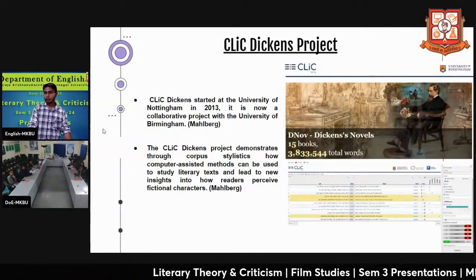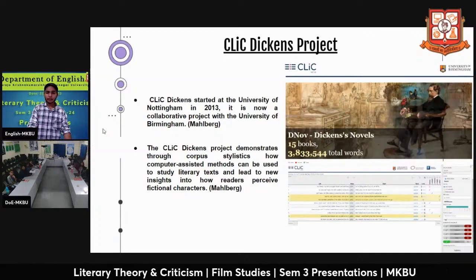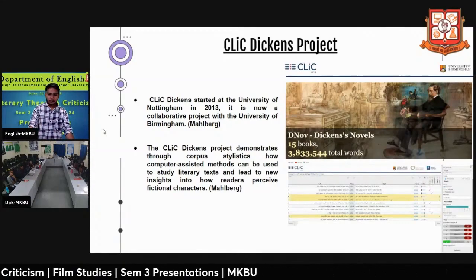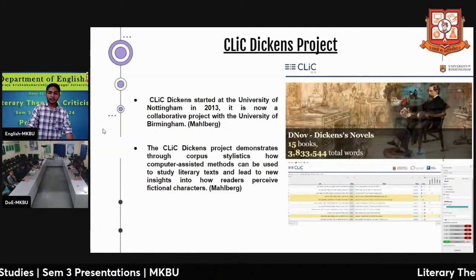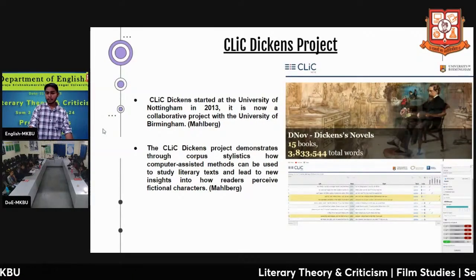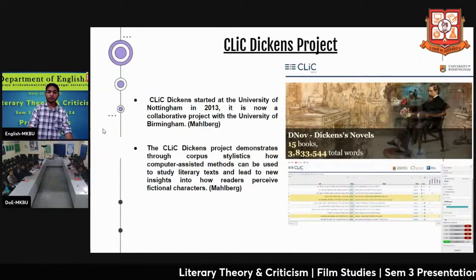Here is the Click Dickens project. In this project, there is a large corpus of the work of Dickens and other children's literature and other authors' work.